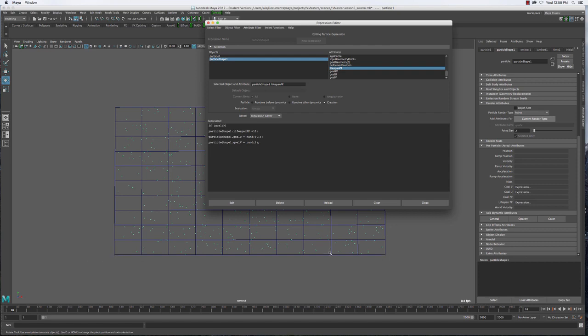So if this is 0 and this is 1, then this is 0.1, 0.2, 0.3, 0.4, and so on. Let's say that we want them just in this section here. So I'm going to say if my goal V is greater than 0.1, then my lifespan,